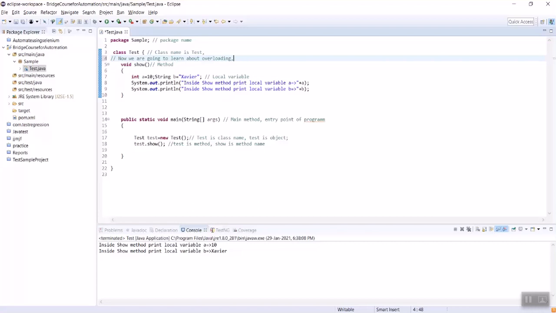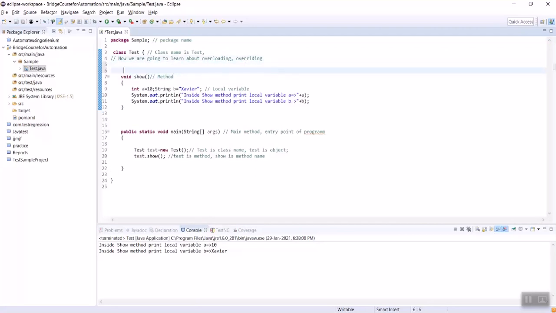The next, so now we're going to see overloading and overriding. Overloading: the same method with different parameters within a class is called overloading. Then overriding: methods are the same, parameters are the same, but they are from different classes. That is called overriding.